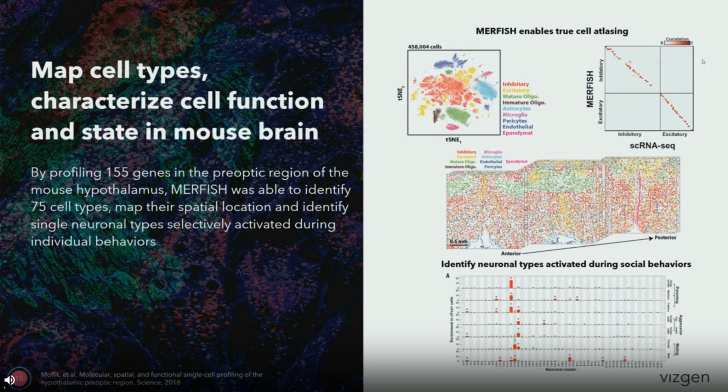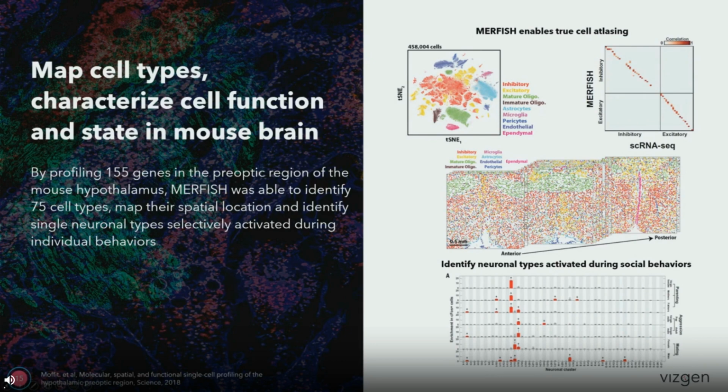correlation plot here. As the cell position information is recorded in this measurement, MERFISH further helped reveal the cell organization in mouse tissue as well. Showing here in the middle, these colorful dots indicate different cell classes identified by MERFISH. And from anterior to posterior, I hope you can really see how different cells are distributed in this brain region